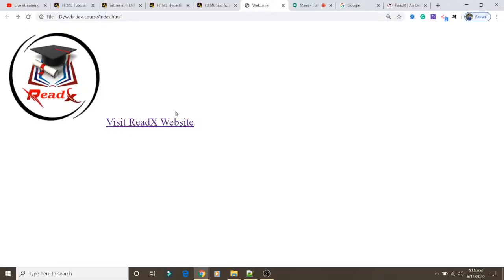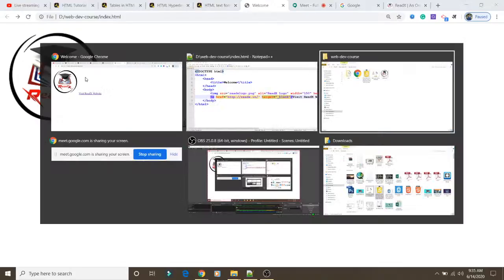So in this way you can keep multiple anchor tags, whatever you want to mention. Similarly, you might have also seen that on clicking on some image, it redirects to a particular website.